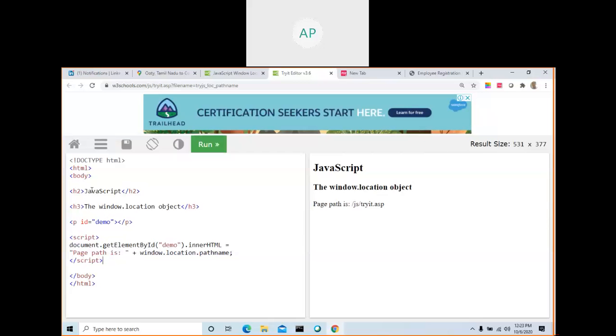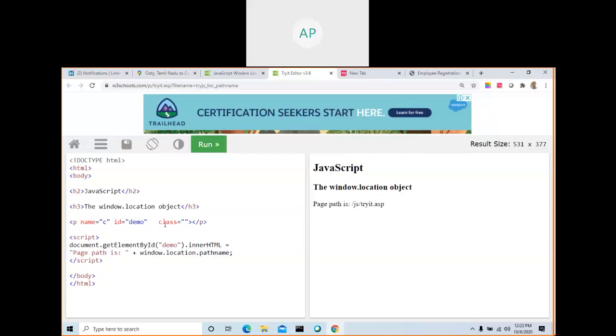So when this document is loaded in the browser, first it will execute this line, then your browser executes this line, then this line, then this line. See document: this object is available as part of your DOM. So just document, you can access getElementById. You know what is the ID of this paragraph? This one. If you want to access by name, write name equal to, give some name, and a class. These are the ways that you can access.